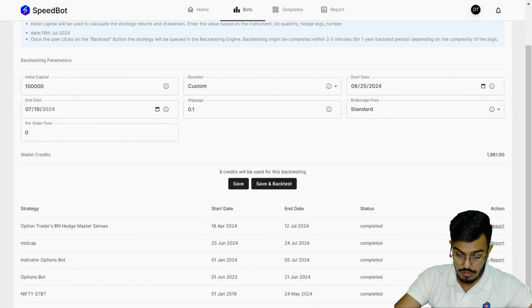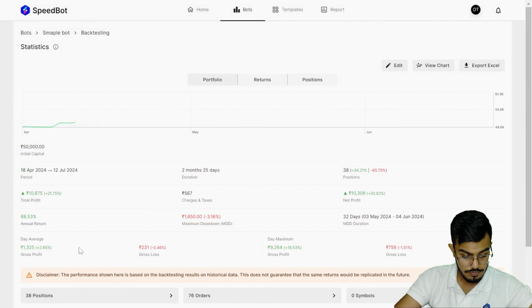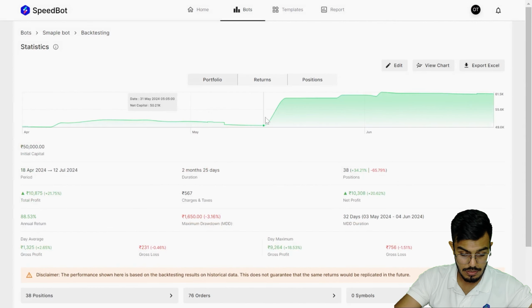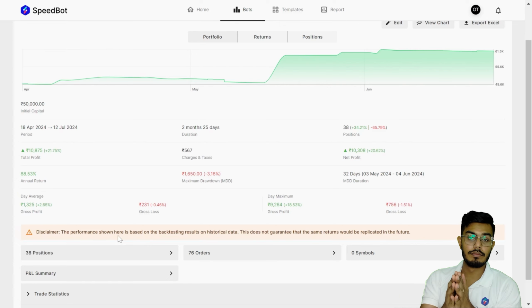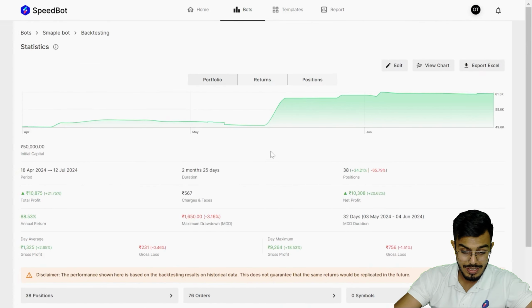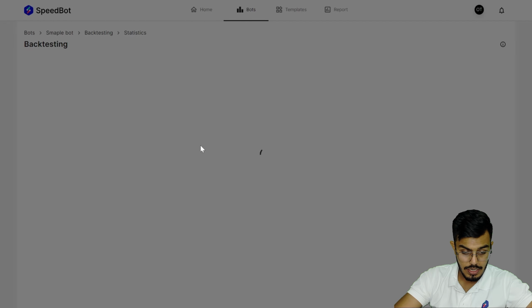Let me just open any one of the bots. Okay, so over here, as you can see, this is a particular bot that we have enabled. All the conditions that you have created on the option bot builder are checked on a 1 minute closing basis. You can see that if I click on the edit button